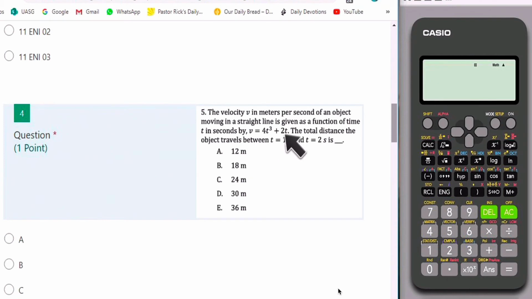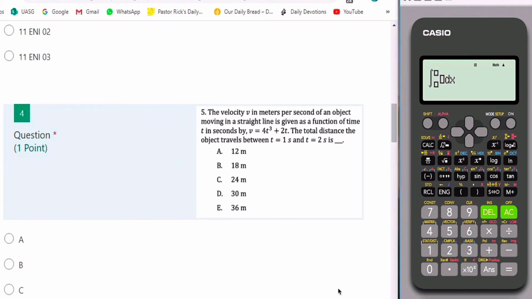this velocity as a function of time, to make it position as a function of time, and then after that we would substitute the upper and the lower limit. So to do this easily with our calculators, we would use this function right here. This is actually the integral function, and we just have to tap on it or click on it,